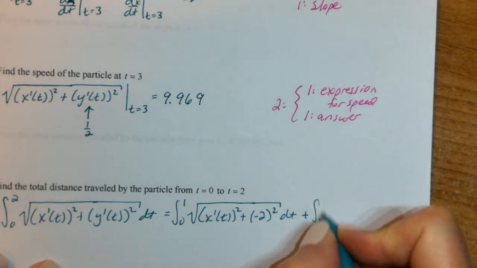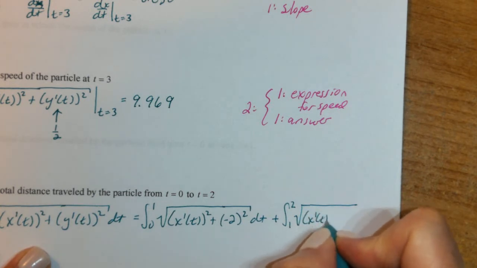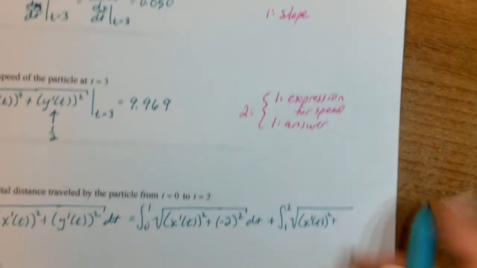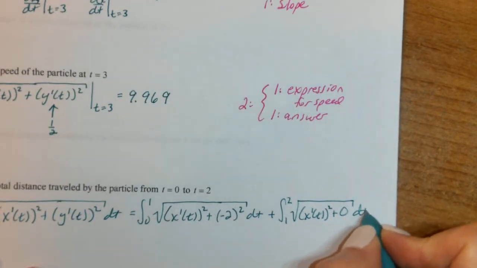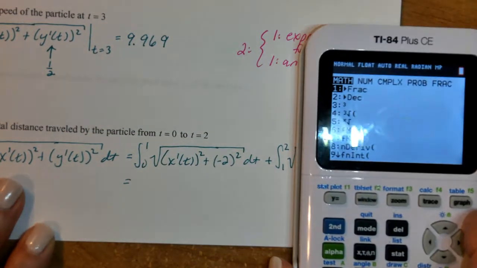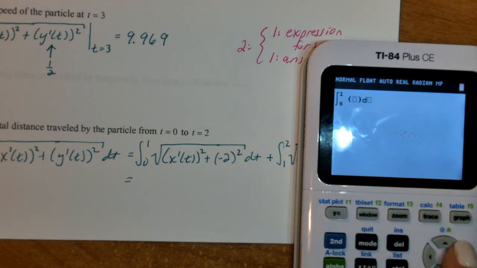And then from 1 to 2, the slope is 0, so that won't factor into anything. Now I can go to my calculator. So I'm going to have the integral 0 to 1 of the square root of my y1, not evaluated anywhere, squared, plus 4,